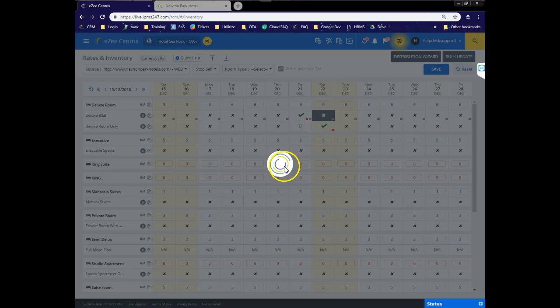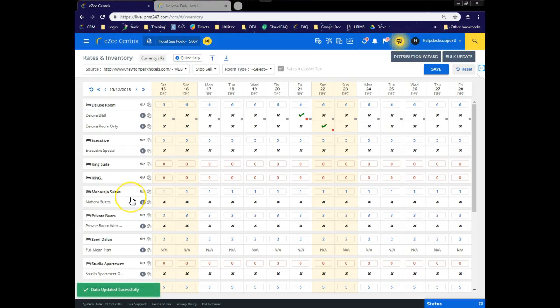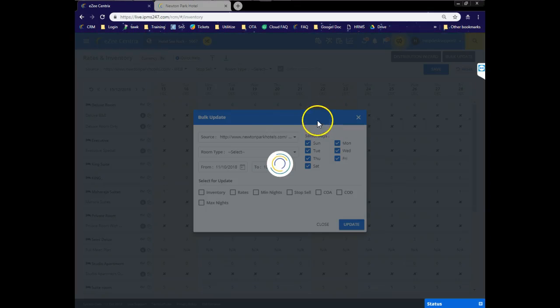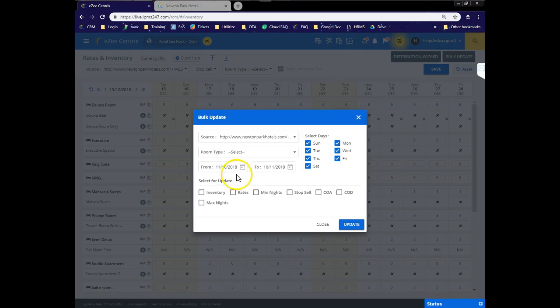So it will remove the stop sale for that particular date. Now, on this rate and inventory we have one limitation: we can update for 15 days only. When you need to update for 1 month or more than 1 month, we have the bulk update. From here you can update for more than one date, but for a particular room type and rate